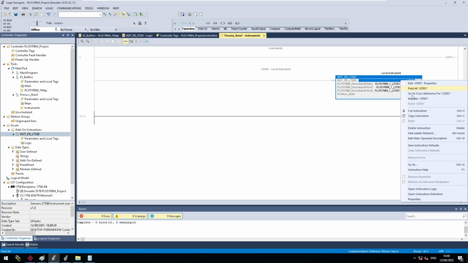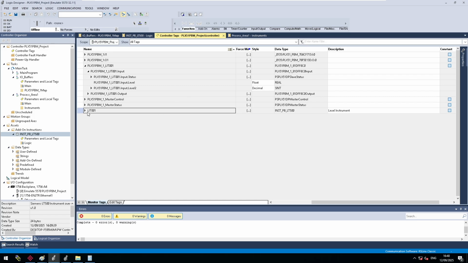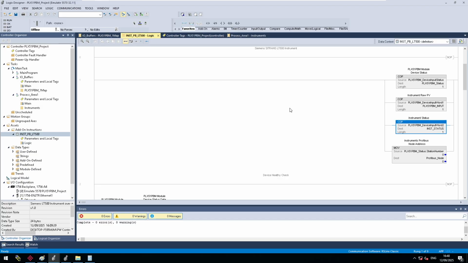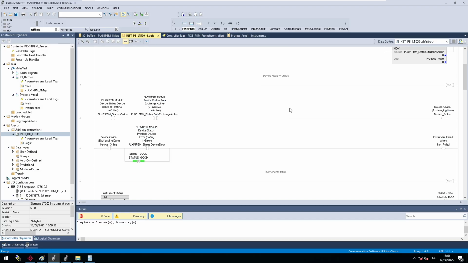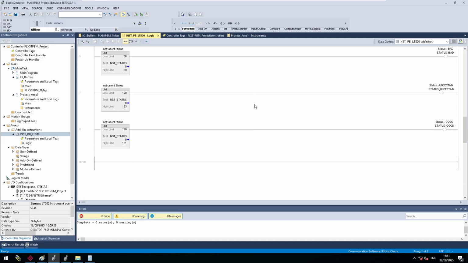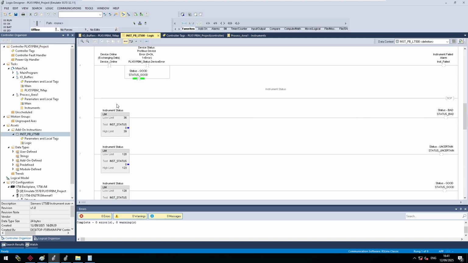And if we right click on the block tag and monitor, we can see what's in the data type. So we have available to us our device online flag, our status good, uncertain and bad, and also our failed. So what's missing is the most important bit, which is our actual real value from the instrument. So we need to add that in now to get our process variable. So I'm just going to add a new rung,